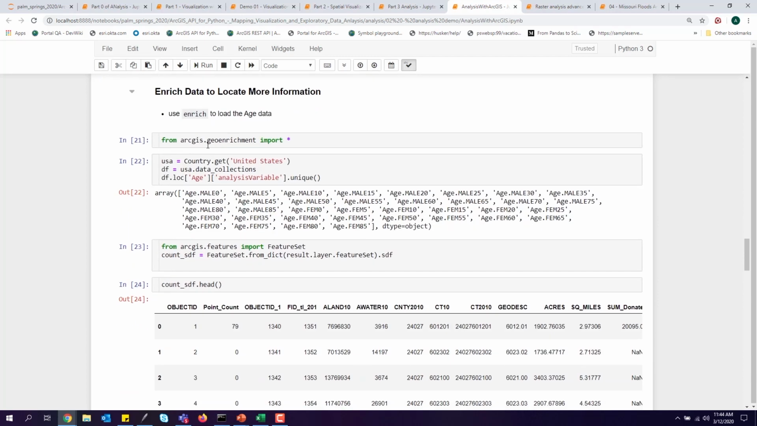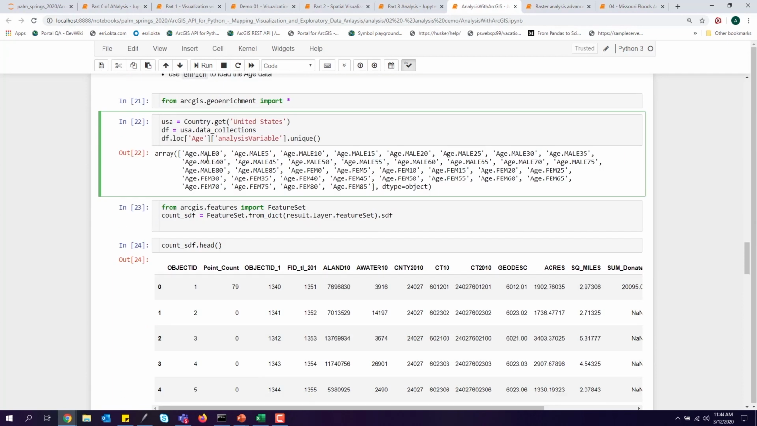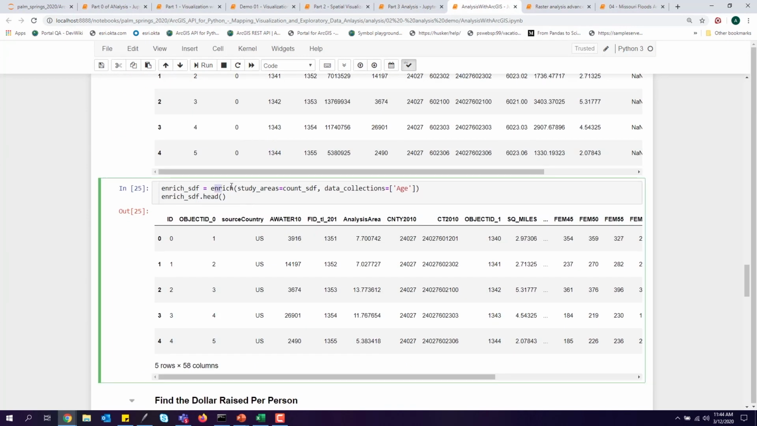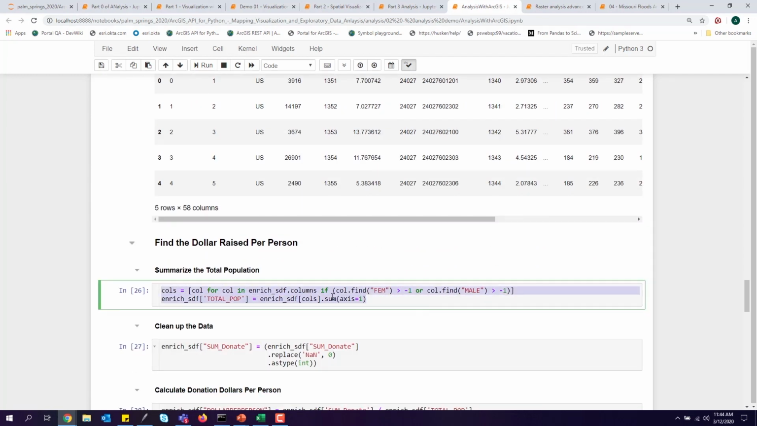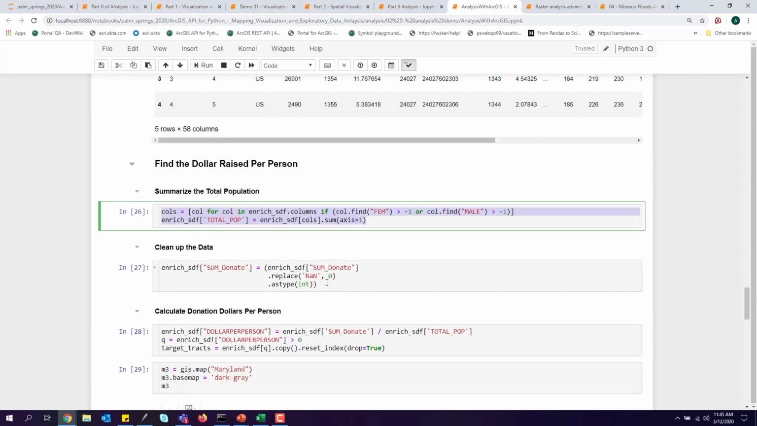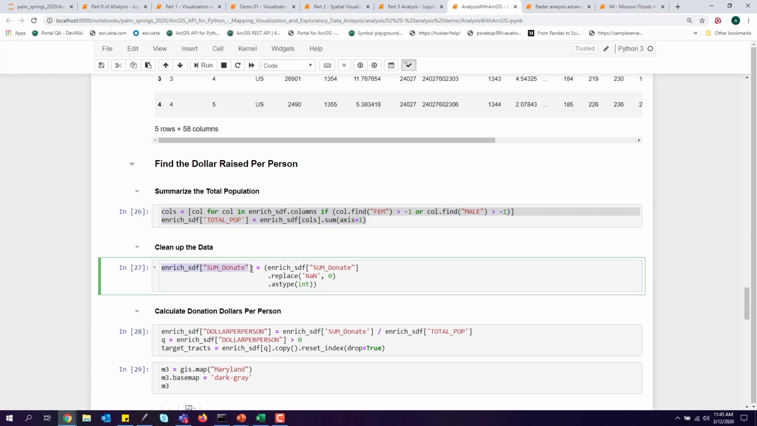To get the age statistics that we need, we're going to take advantage of the GeoEnrichment API, pass our dataset in, add these analysis variables, and call enrich and provide the age information that we need. This will allow us to get the total population for the area for both men and women added together, and then we can figure out